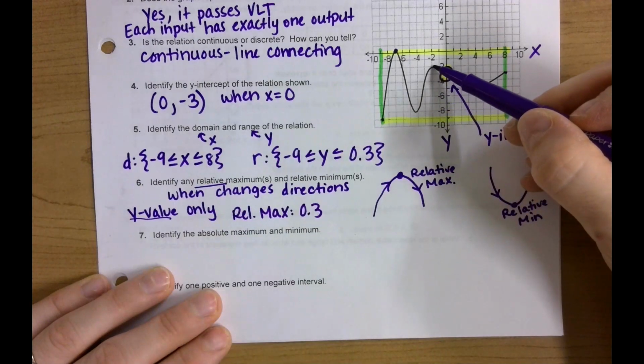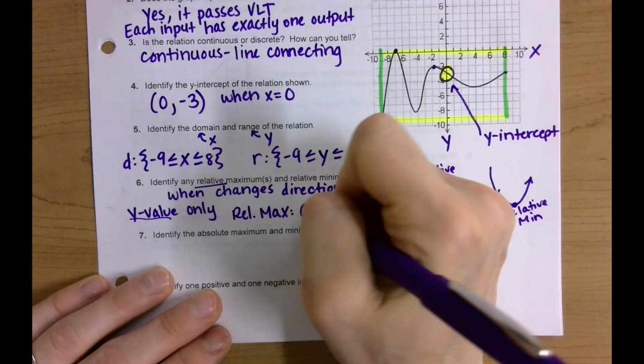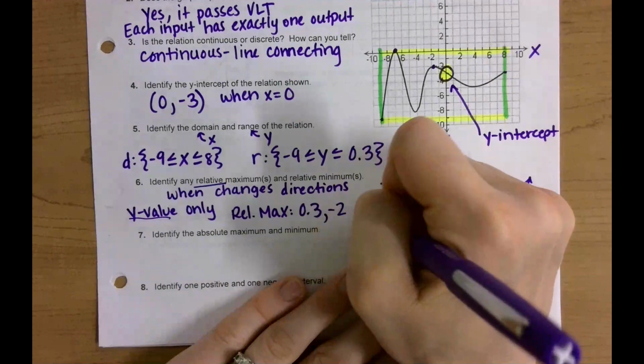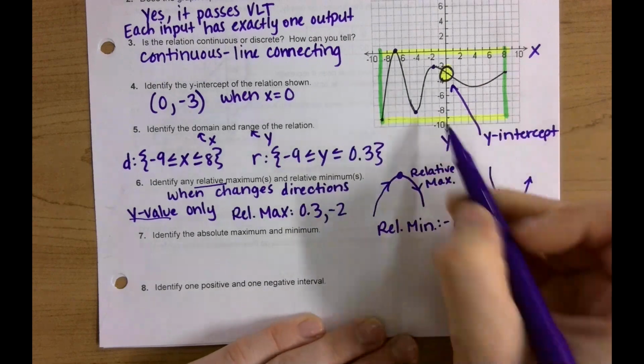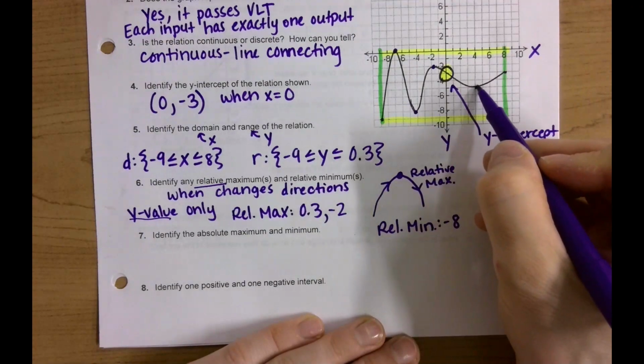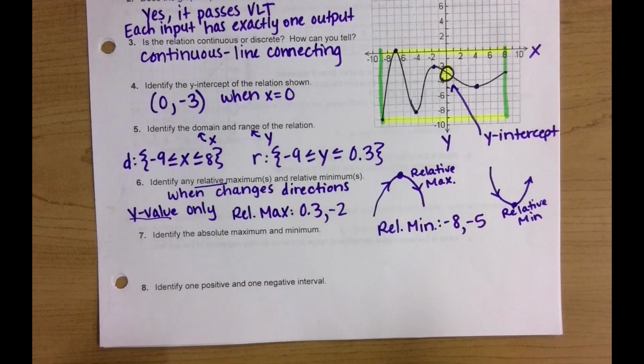Another point where it starts changing is about right here. It's increasing, and those would be our two relative max. And then relative min is looking like this, where it goes right here. It was decreasing, and then it started increasing. That's at -8 on the y-axis. And then over here is another point where it was decreasing, and then